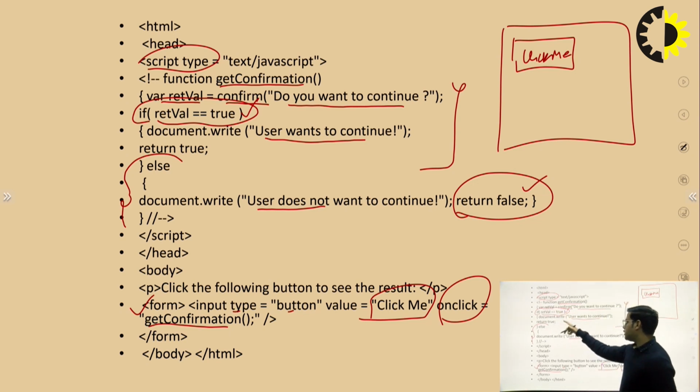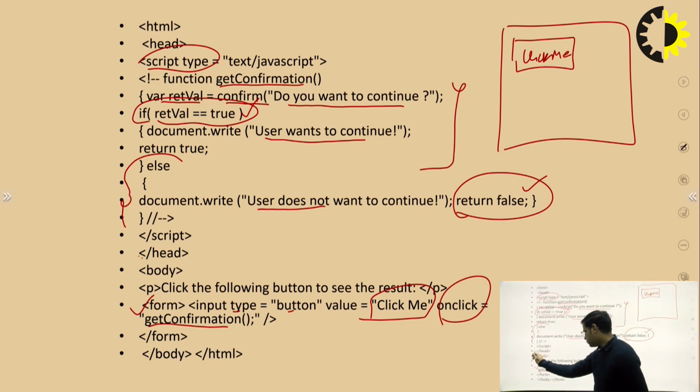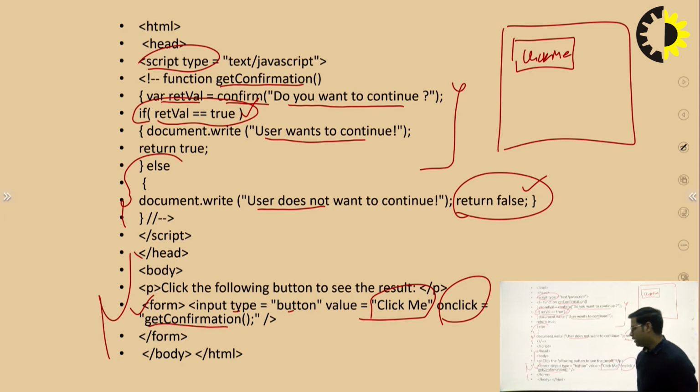True if the user wants to continue, or false if the user does not want to continue, is returned on the browser screen. Similarly, inside the body section, we take a paragraph, "Click the following button to see the result." The button can be provided through the input type as a button, and the value here is